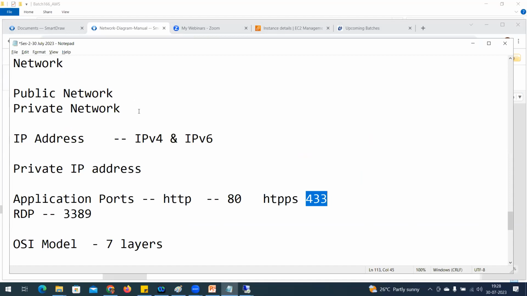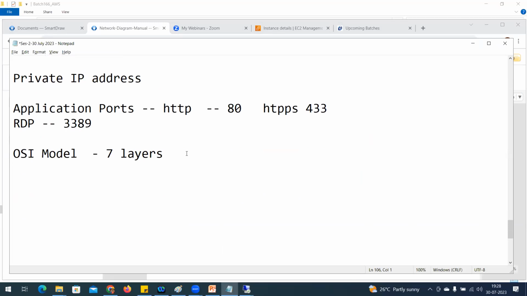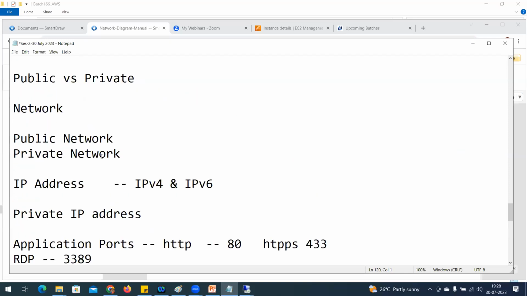Okay, so what is this public network and private network? We need to understand the private network. It is only allowed to communicate within internal systems. The private IP address range is there. We need to understand what an IP address range is. There are 4 classes of IP addresses, class A, class B, and so on. These are the different ranges. Within those different ranges, there is a private IP network range and a public IP address range.